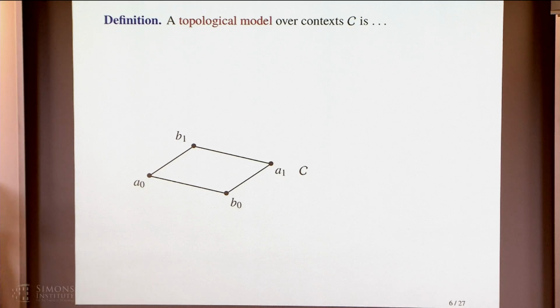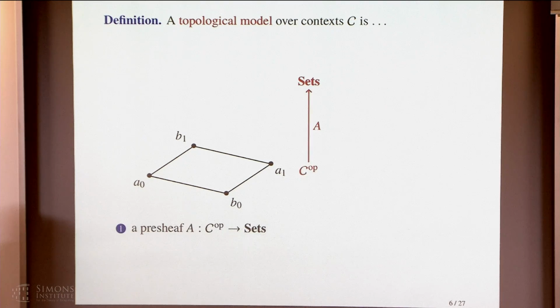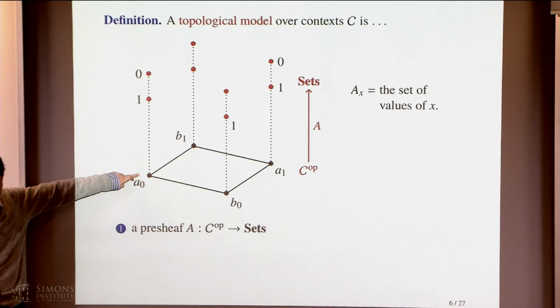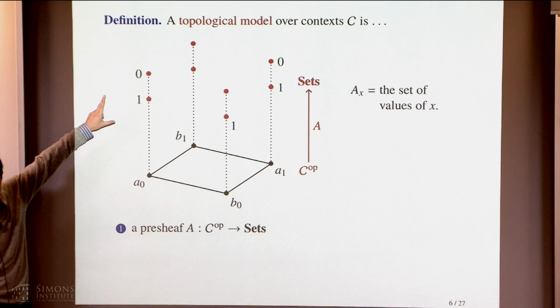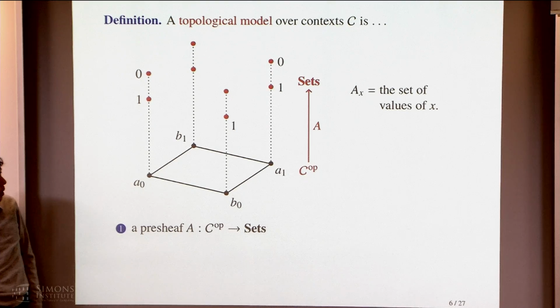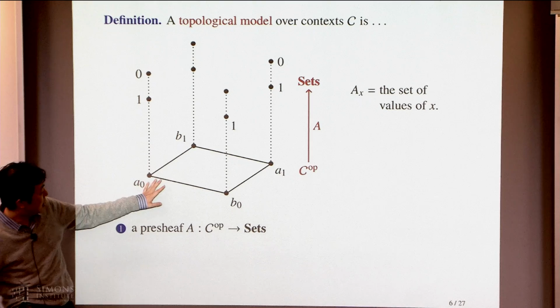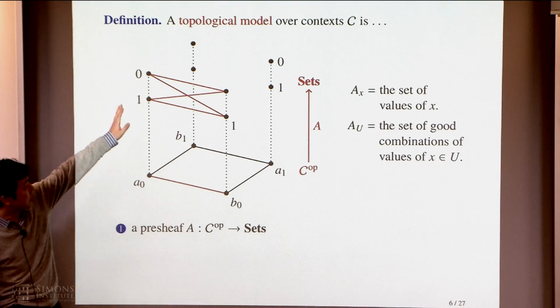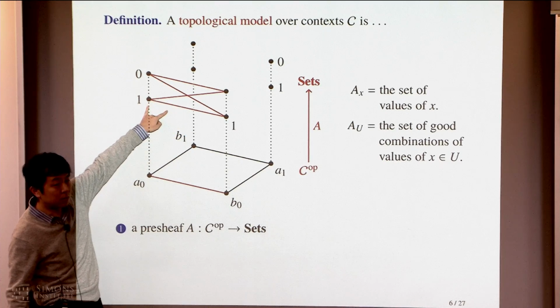Now, I'm going to define a topological model as just those two sets with topologies on top of each other. So formally speaking, a topological model can be defined in two ways. First, you can consider it as a presheaf, assigning to each measurement, or to each variable, the set of possible values of that variable. And for each